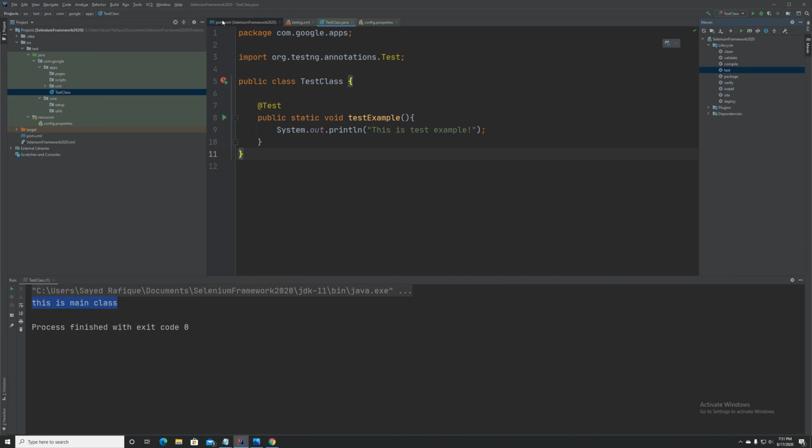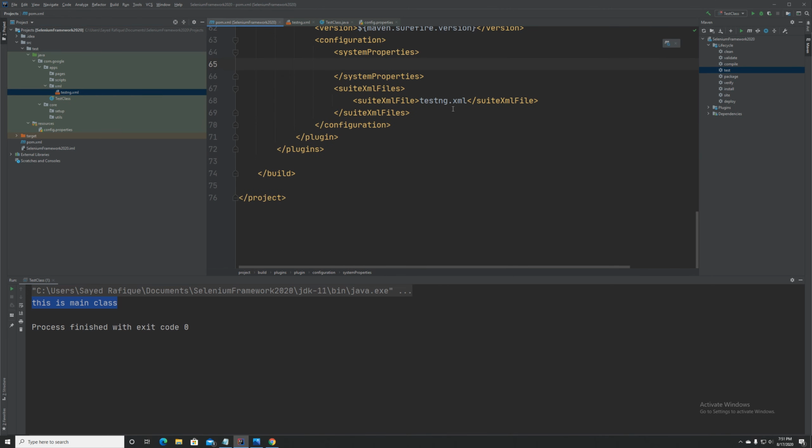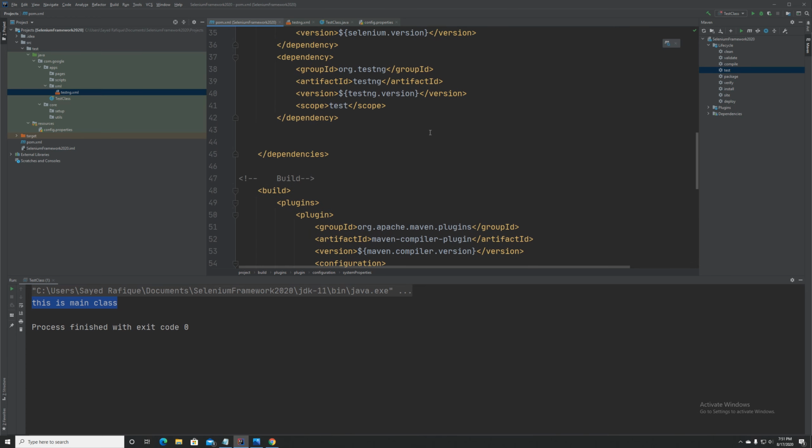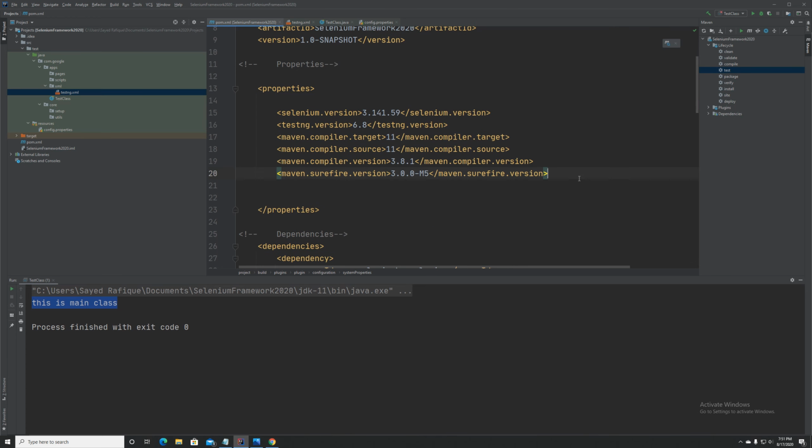We have to tell our pom.xml where our test XML is located, so which is here. So the way you can do it, here we can define the path. Let me create some properties for framework. So we can call it test XML, and so there is